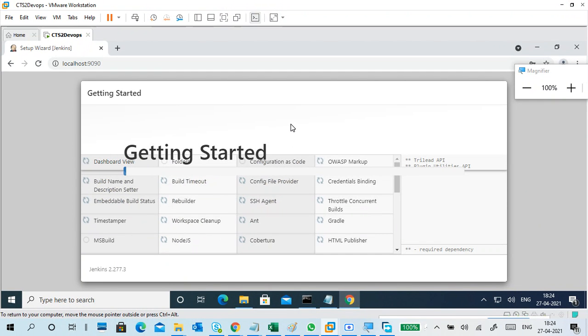Wait for 5 to 10 minutes only. If something goes wrong, red color and all, it will stop at that place. Then I'll pause the video, try again, and if it is successful, we will continue.